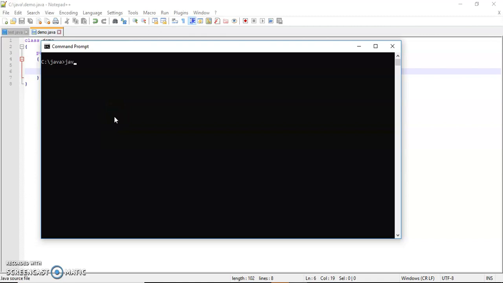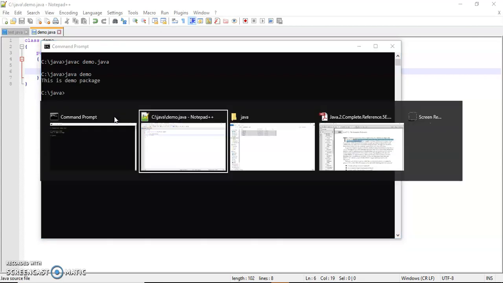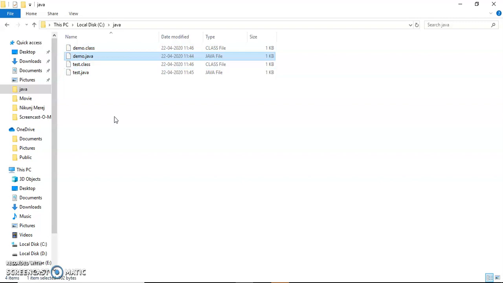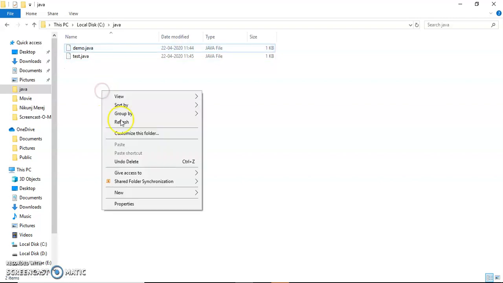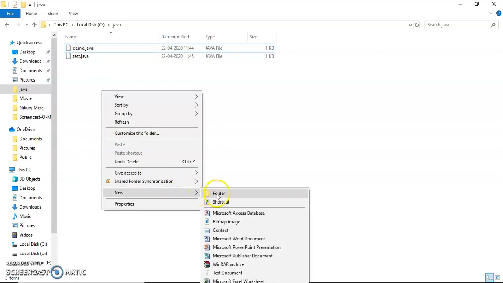After saving both programs, how do we run this? So javac demo.java. Now I compile the program, and it is compiled successfully. Now I run the program, and it prints: This is the demo package. Now you can see the class files are generated, demo class and test class. So this is simple, without a package. Now I delete these files and am going to prepare one simple package.